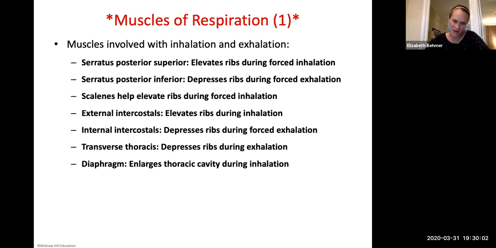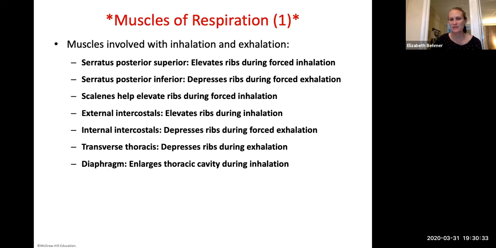So these next couple of slides are muscles involved with inhalation and exhalation. This is something I do ask about on your lecture exam. I must have thought it was important the first time I wrote this test, and I've kept them in there, but I ask you many questions about which muscles are involved in inhaling, taking in a breath, and exhaling, taking out a breath. So for 7 and 8, you can refer to this slide